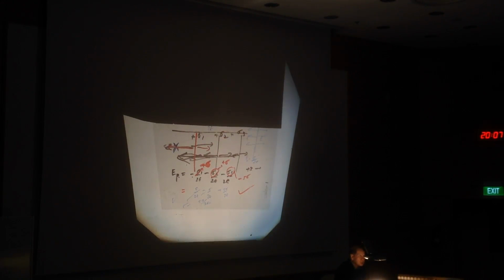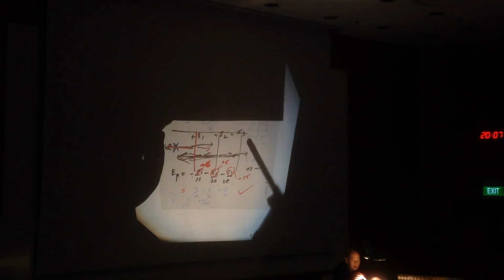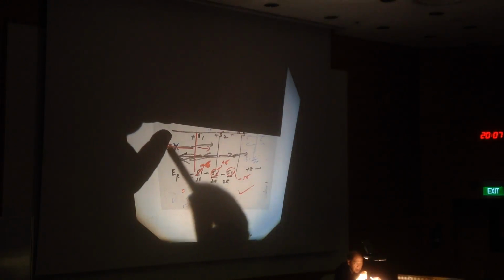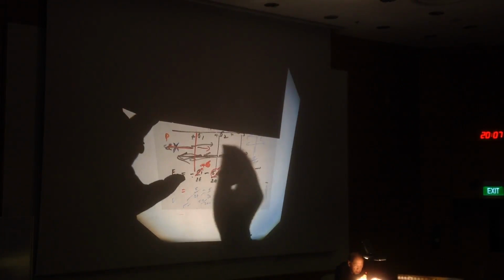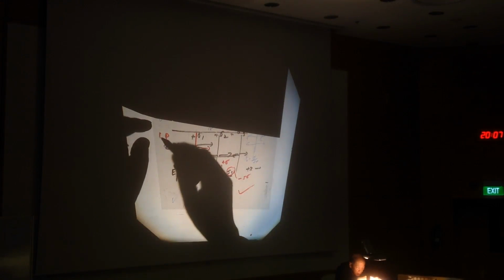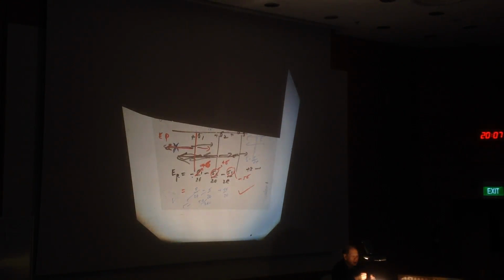You cannot memorize this thing. What for? A problem can be changed. You only understand, you try to grasp a concept, not a solution. How do we proceed? Some people don't realize that this sigma 3 also contributes to the field at point P here. All the sheets of charges contribute to the field at point P, EP, they all contribute, because by superposition, when you